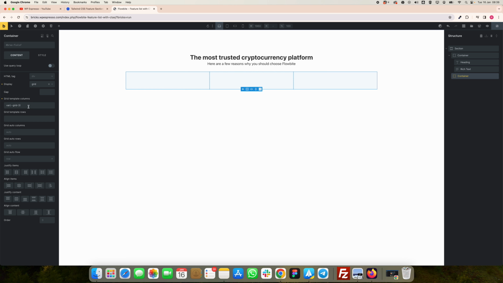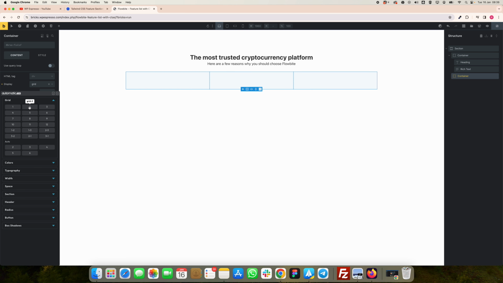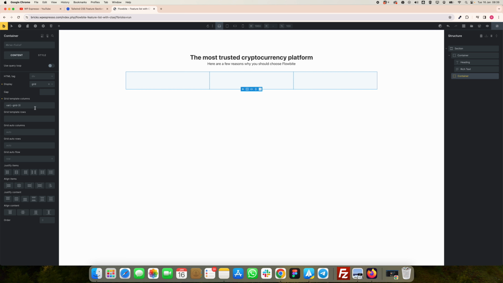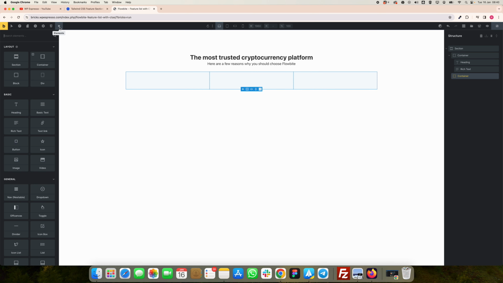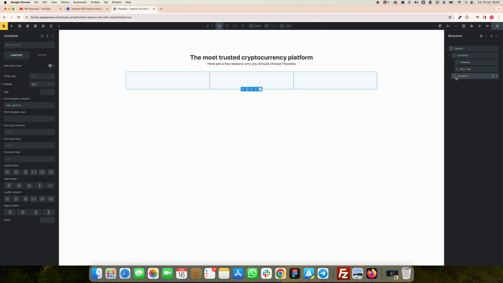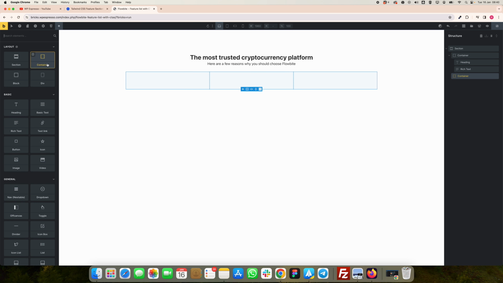So with grid template columns added, now, oh, I did not mention that I use right click and Automatic CSS pops up and gives you all the options for the grid. So with this added, we are going to add the elements inside of it, right? So the first element we need to add in the grid is basically by going on the plus button, and again with the container selected, we need to add a new container